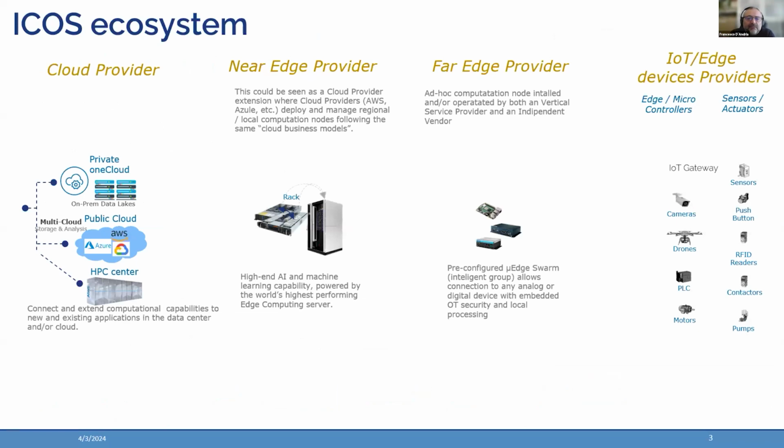present our simplified view of the organization of a cloud edge infrastructure. Then we have cloud providers, we have near edge providers, where here we have hyperscalers that are offering a lot of solutions with public, private cloud, and regional computational infrastructure, as well as we have these far edge providers, and at the end of the day, IoT and edge service providers.